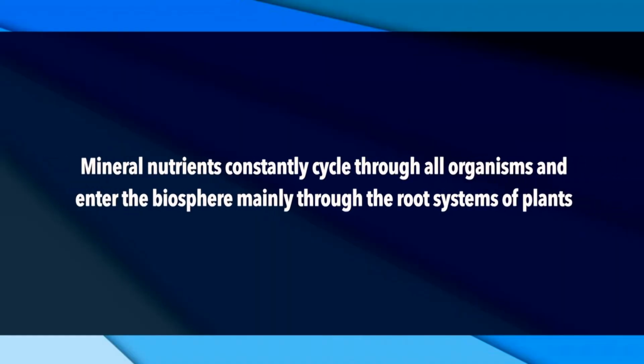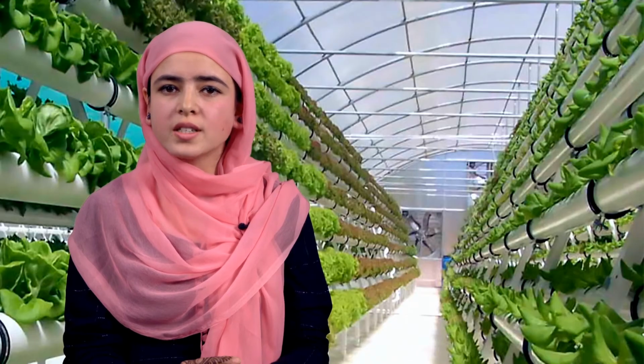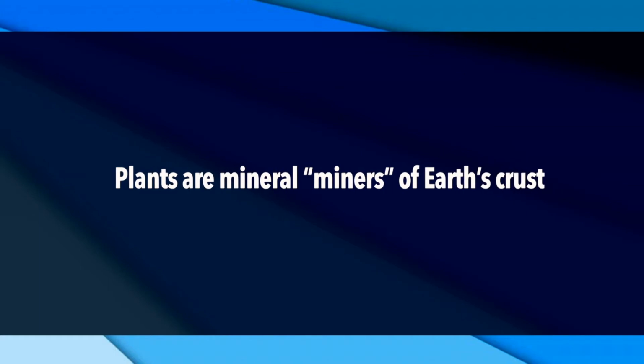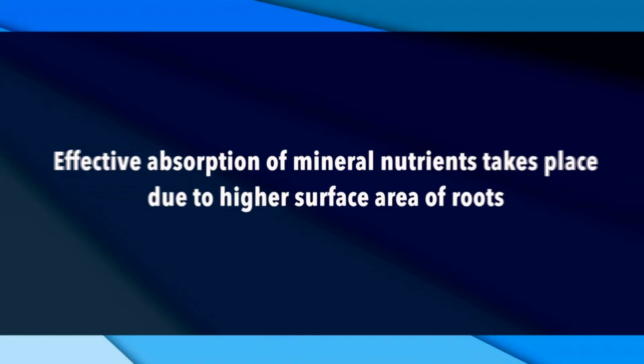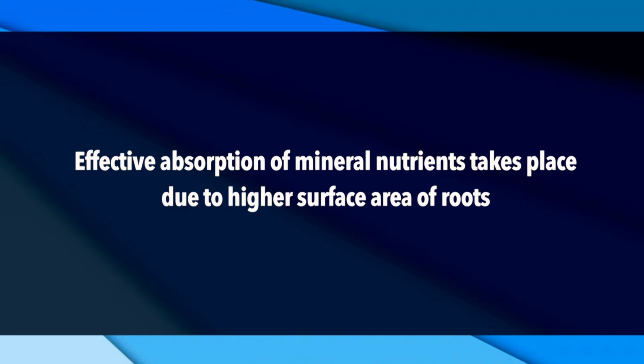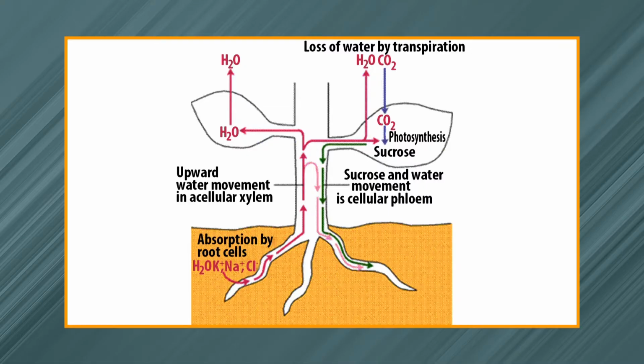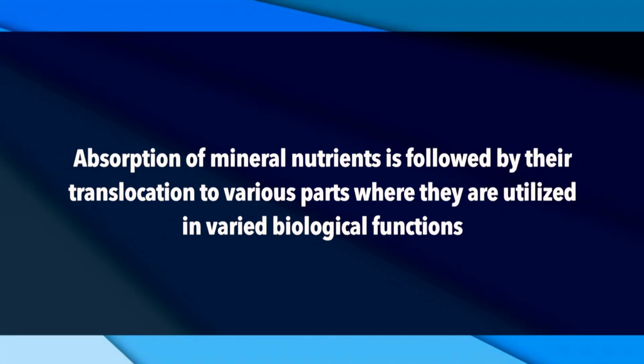The mineral nutrients constantly cycle through all organisms and enter the biosphere mainly through the root systems of plants. So, in a sense, plants are the mineral miners of Earth's crust. The effective absorption of mineral nutrients takes place due to higher surface area of roots and their ability to absorb nutrients at very low ion concentrations. The absorption of mineral nutrients is followed by their translocation to various parts where they are utilized in varied biological